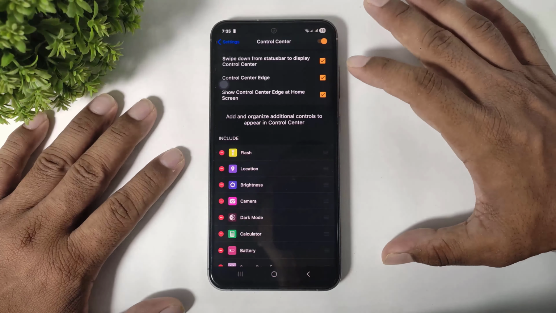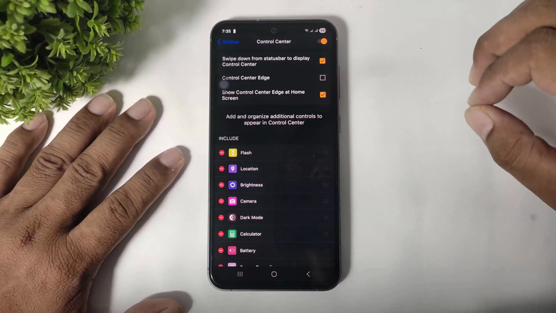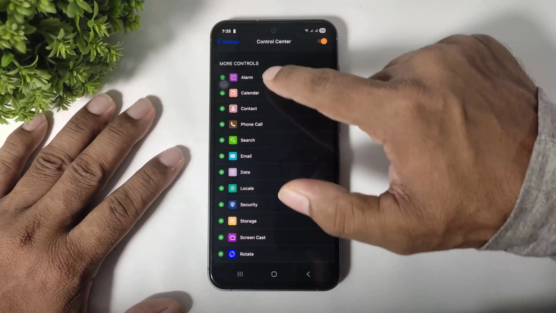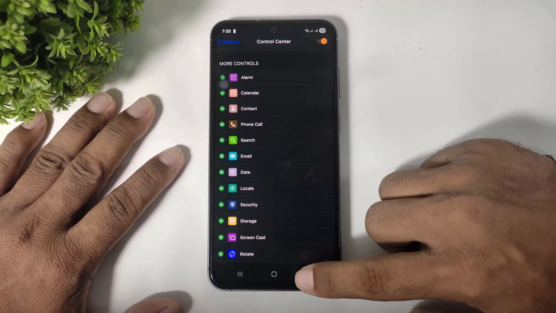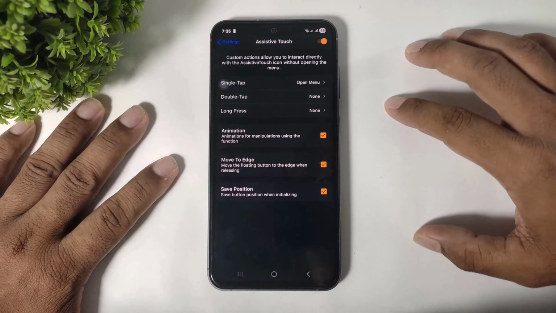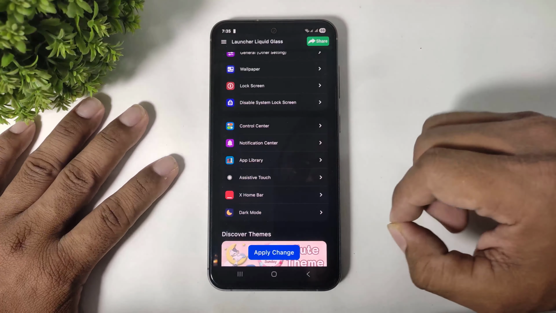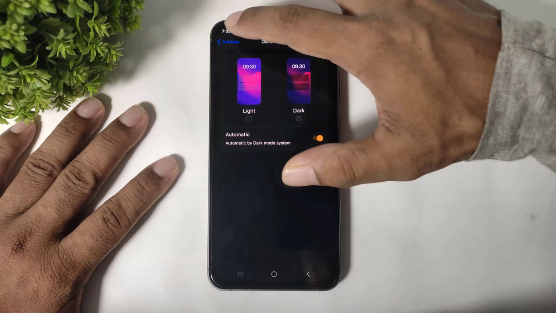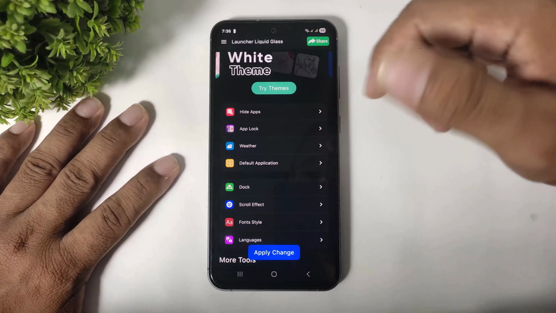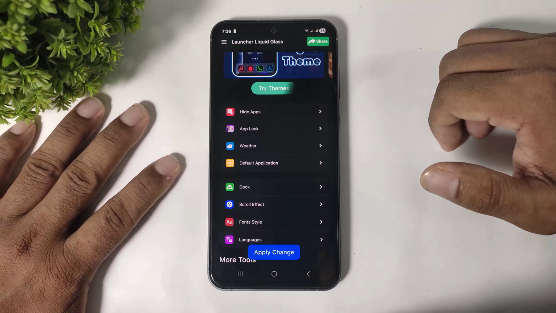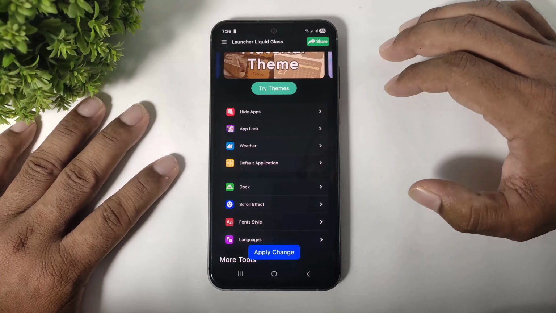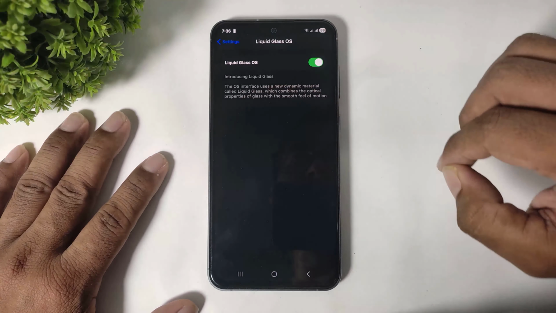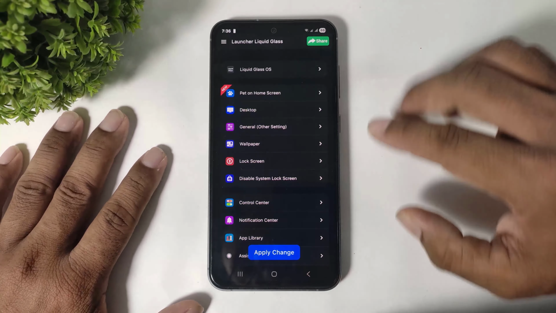Now guys, go to control center. Simply turn off this control center edge. Now go back and guys, you can also add many options to your control center. And guys, go to assistive touch and simply disable assistive touch. Now you can also set dark mode on this launcher and also hide apps on this launcher. And guys, the last option is Liquid Glass OS. Simply enable this option. Now simply tap on apply changes